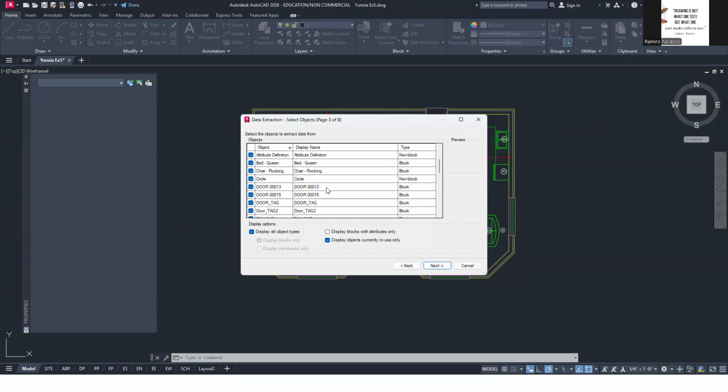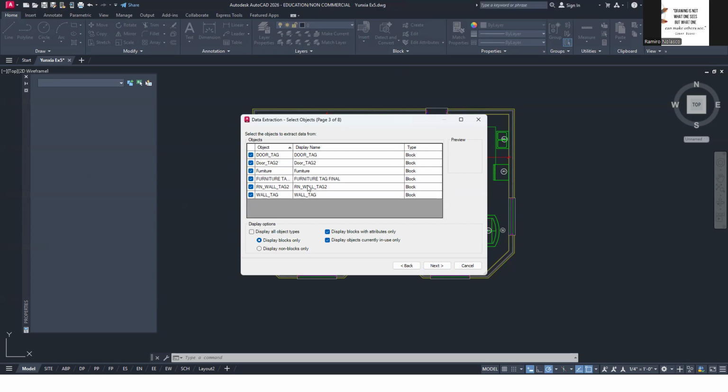Now, there are so many items that are being shown. You only want to show blocks with attributes. Remember @def, right? We only want to show blocks with attributes. We don't want to display all object types. So we get the tags that we created.